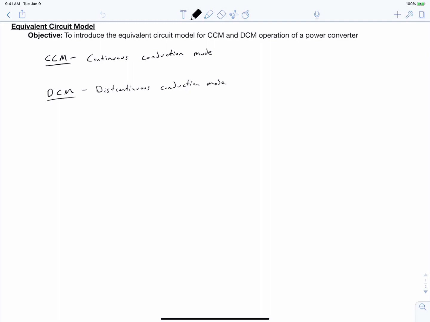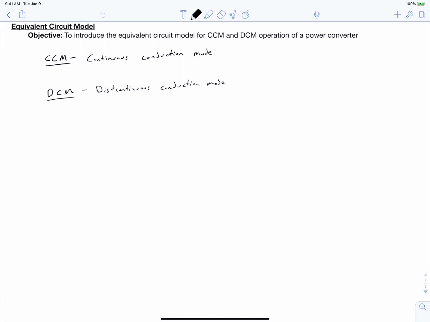The objective of this video is to introduce the equivalent circuit model for continuous conduction mode and discontinuous conduction mode operation of a power converter. We are changing our mindset from design, where we solve an inverse problem, to control, where we need more knowledge of the converter behavior. We are now interested in sensitivity between control variables and converter output, and the various circuit